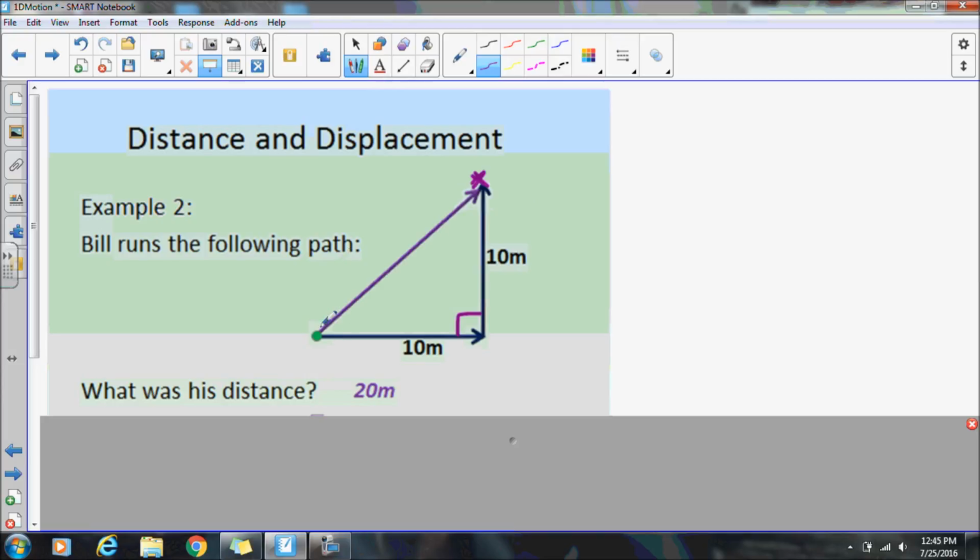For a right triangle, to find this line called the hypotenuse, we have to use Pythagorean: a squared plus b squared equals c squared. Now, you're not going to get a whole lot of this kind of stuff on that first test, but it's more of showing you that emphasis again in the difference between distance and displacement. So this is for our displacement. A squared plus b squared equals